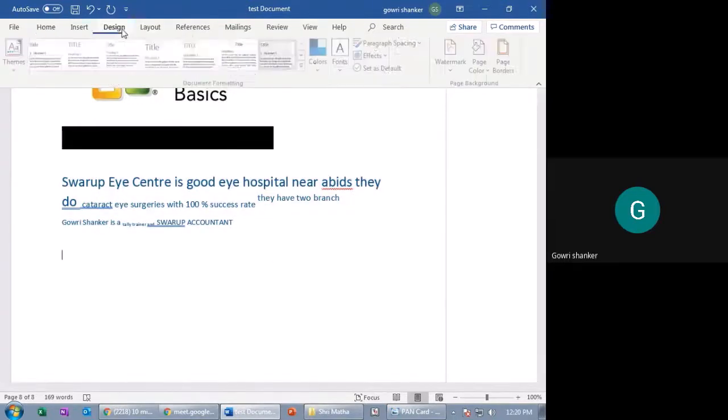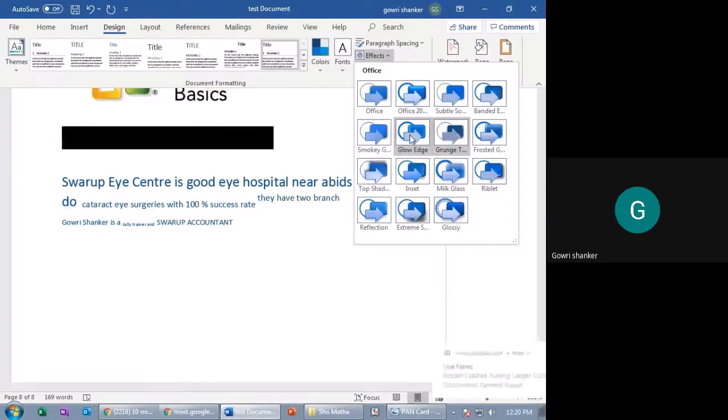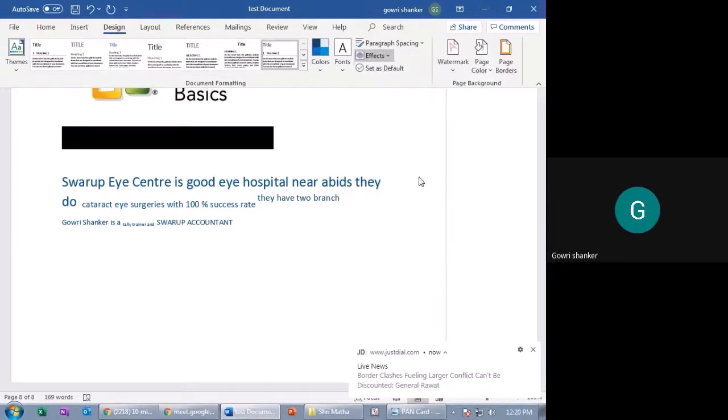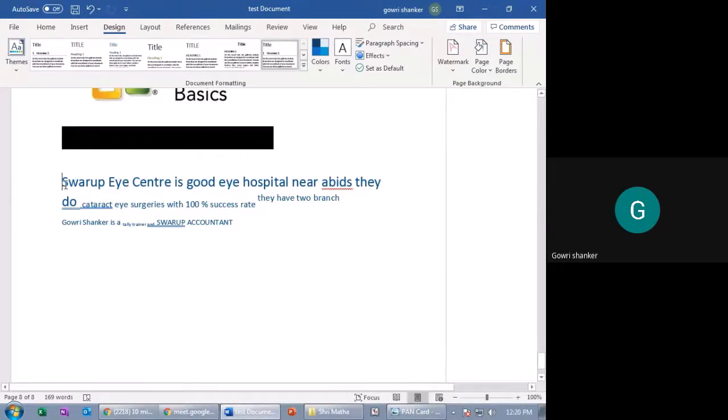Now let's go to Design, Effects. These effects will reflect on the particular word.